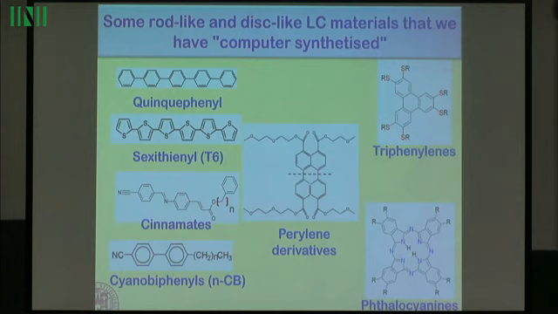Predicting the properties means predicting, for example, if it will be enantiotropic at room temperature, a liquid crystal or not, or predicting the order parameter, the diffusion, whatever. And of course, you have so many. This is a little library that we have studied, and for each one of these, we have reprints